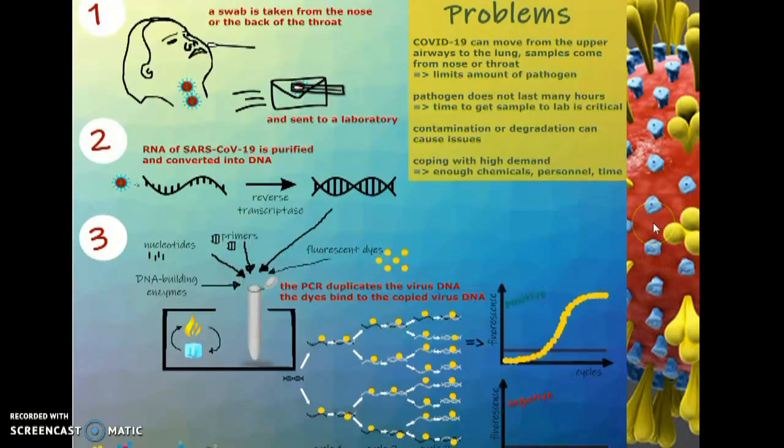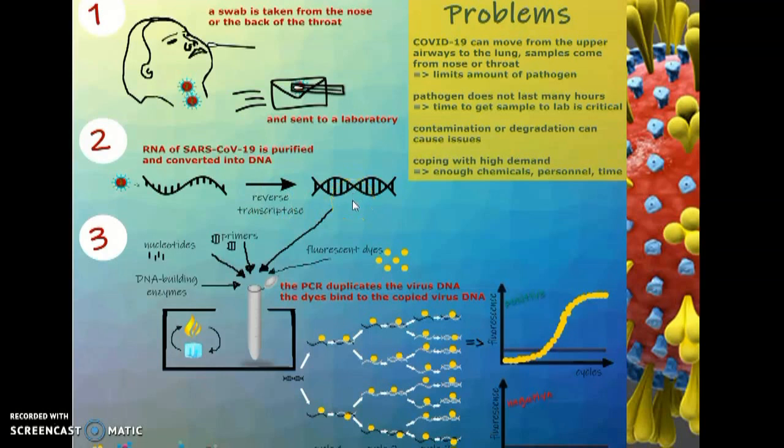So this is the diagram explaining how real-time reverse transcriptase PCR, or the whole diagnosis process, works. It is taken from Chemistry Views. The first stage includes the collection of the sample and its transportation in the medium. The second stage includes the isolation and purification of viral genetic material from the virus particle and its conversion into double-stranded DNA. This is the single-stranded RNA, the genetic material of the coronavirus, and this one is the double-stranded DNA obtained after the action of reverse transcriptase.